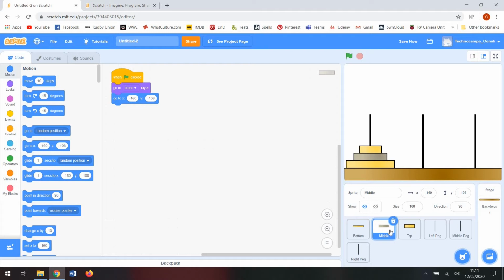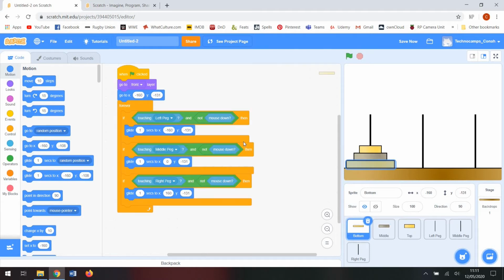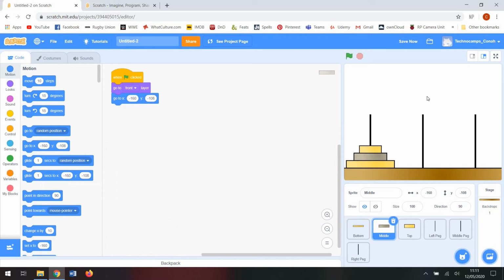But first, same thing as we did here, we need to check if it's touching the peg or not. So how do we do that? Well, we used our forever, we used our if statement, and we used this. Okay, so I'm going to start off with the middle peg again, and then I'm going to leave you to do the left and the right pegs. The middle peg, we're going to have